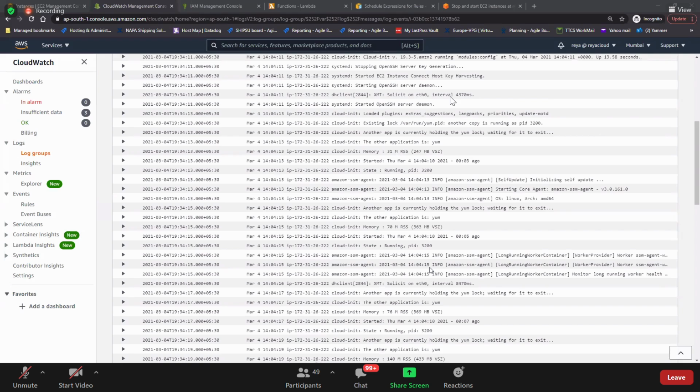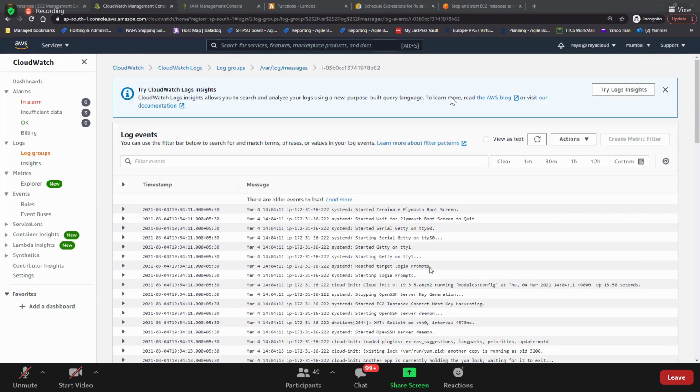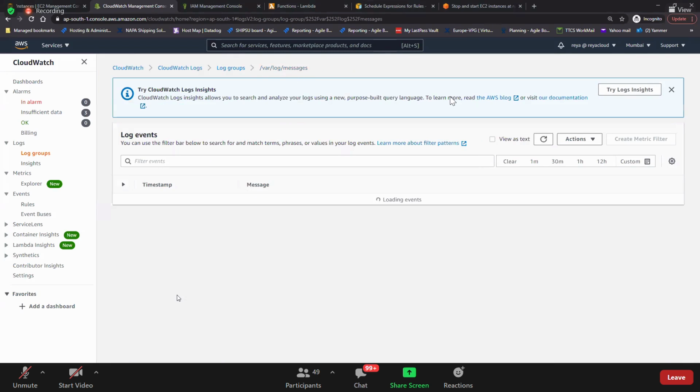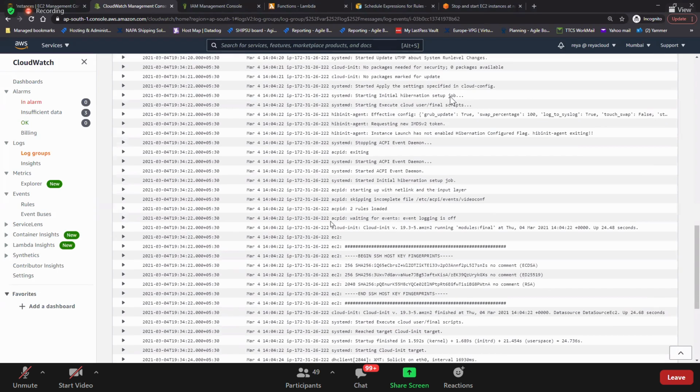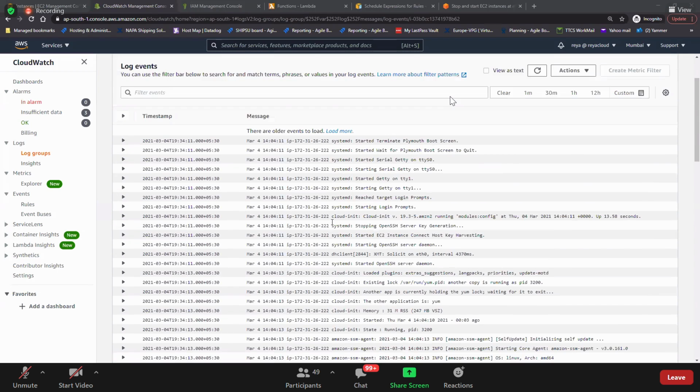Like this, you install the agent on each and every EC2 instance, and based on the instance ID here, you can go and check the logs. So for the developers, this will be very easy, so that you can centralize the logs here in CloudWatch Logs. Hey, is this clear on the logs, everyone?